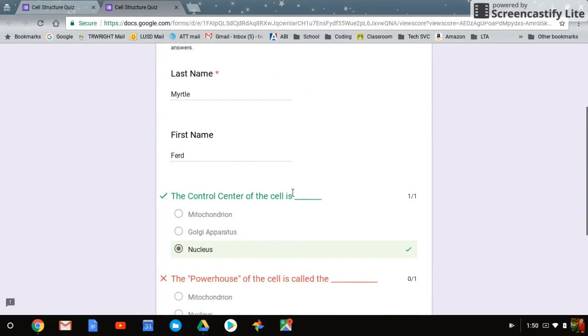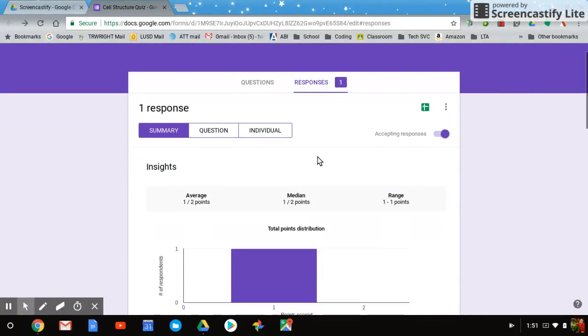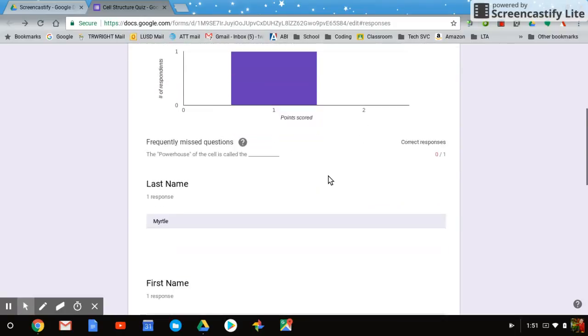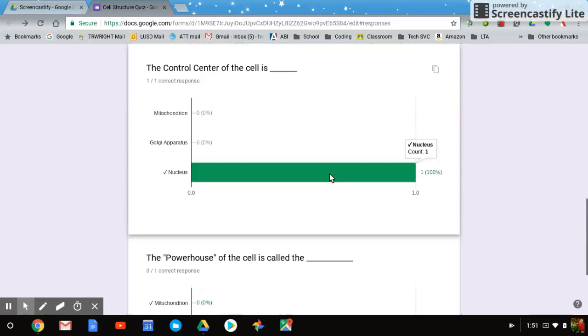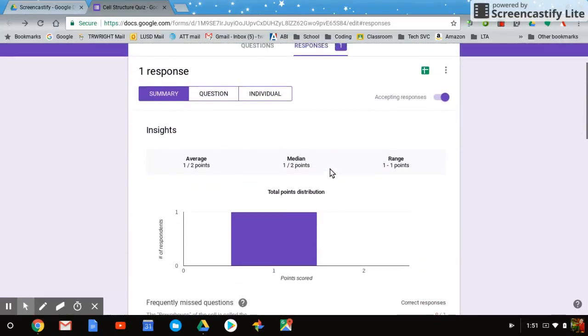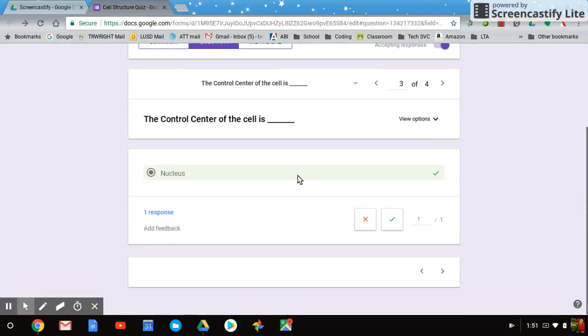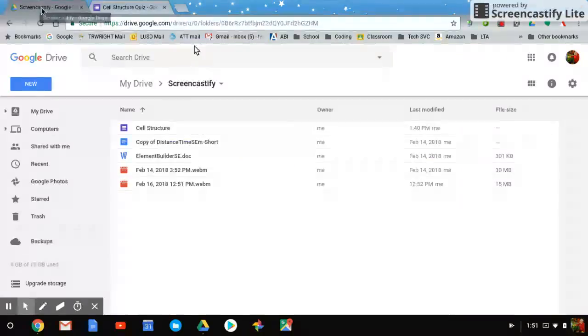Okay, now, if we go back to where we were before, we now have one response. Under the responses, what's cool here is there's some insight. If you had a lot of people doing it, it'll tell you the percentage that got that answer right and that answer wrong. You get a little bit of analysis there, which is kind of cool. You can look at the question analysis or the question itself. You can look at individuals for each person and how they did. And again, right now it's not too great, but that's basically it. Now, if you go into the folder where you made that, I'll probably have to reload here,